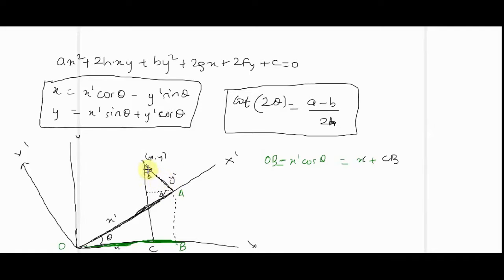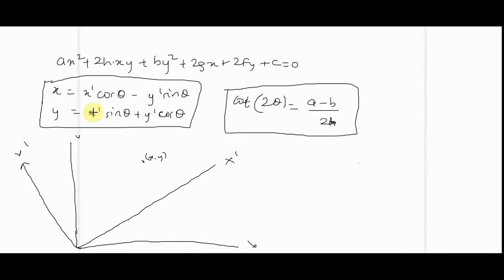Okay, from that we know, consider this triangle now, ADE. So in this triangle, sin theta is EA by y prime. So EA, which is also same as CB, is equal to y prime sin theta. So that's what we got. We got x prime cos theta equal to x plus y prime sin theta. Rearrange the terms, we get this one. So that is done.